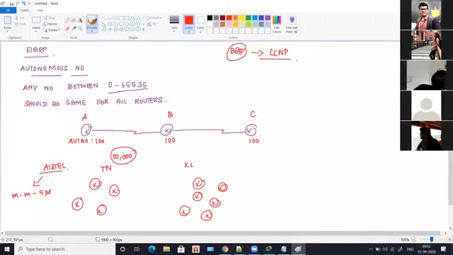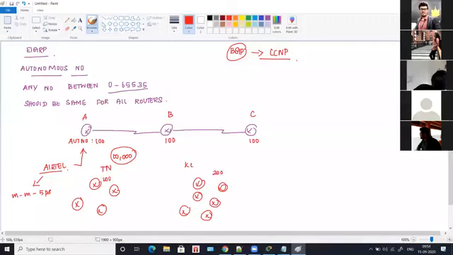Now, in case Airtel wanted to apply this for all the Tamil Nadu routers, then this will happen with the help of autonomous number, because the autonomous number will be the same for all the routers. Okay, that is why we keep autonomous number the same. Again for Kerala routers, there is going to be a different autonomous number. Say for Airtel router, if you're going to have 100, for Kerala you have 200.